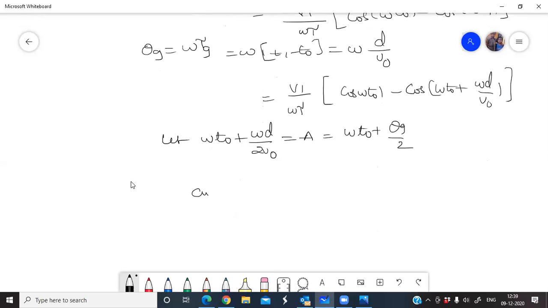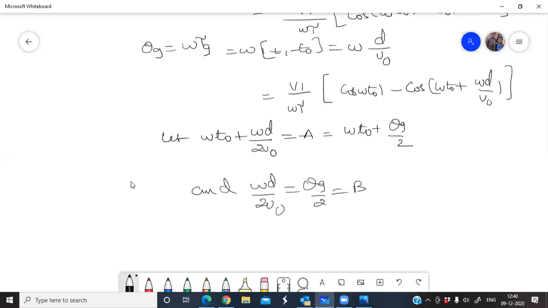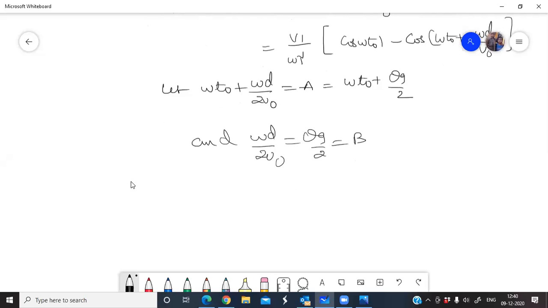And omega d by 2 v naught equals theta g by 2, and that equals b. So finally I assume that a is equal to omega t naught plus theta g by 2, and b equals theta g by 2. Now by substituting all these things into the above equation, you can write V1 by omega tau